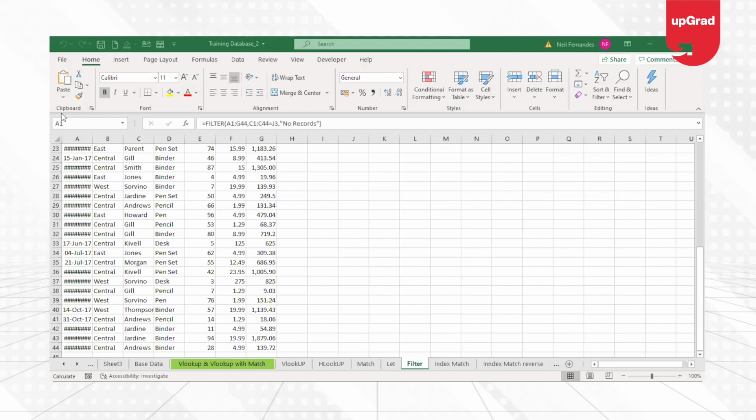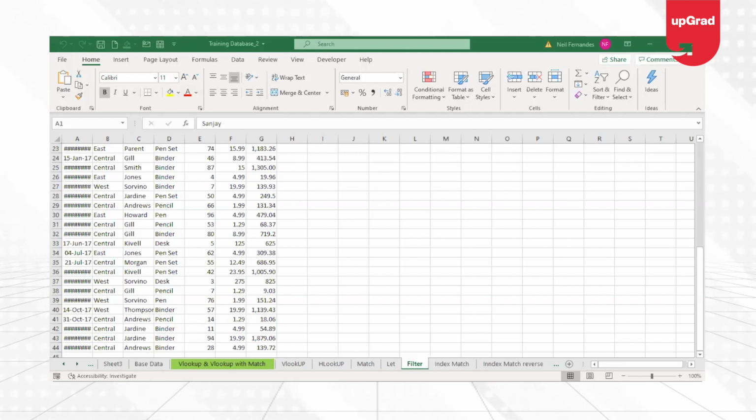You will see that just like your normal filter, it looks at the data and gives you the result and filters the data accordingly. Now, you might see that this is showing in numbers. That is only because it has not been formatted properly as dates. So we can always format that. We have already seen how that works. So we are just going to change that into the date format. And here you go with the dates as well. So this was a very simple way to check. Now let me put some other name which is not there in that data. So you can see that it shows us no record.